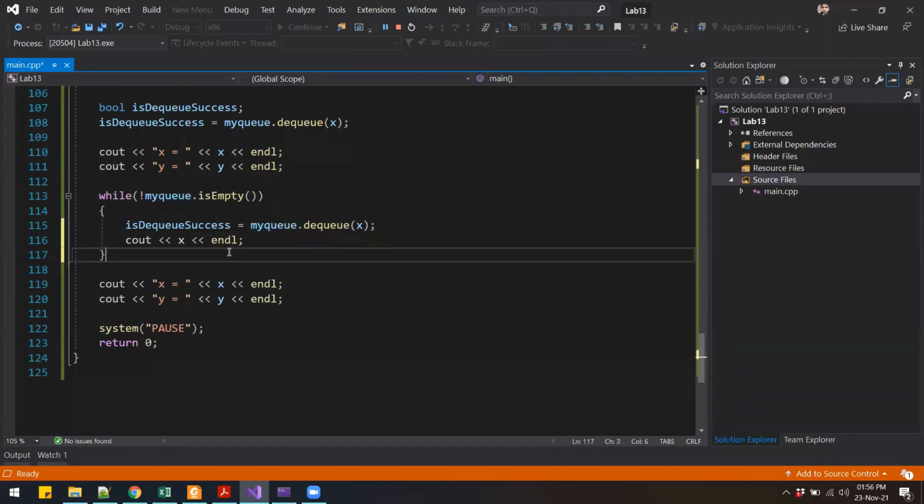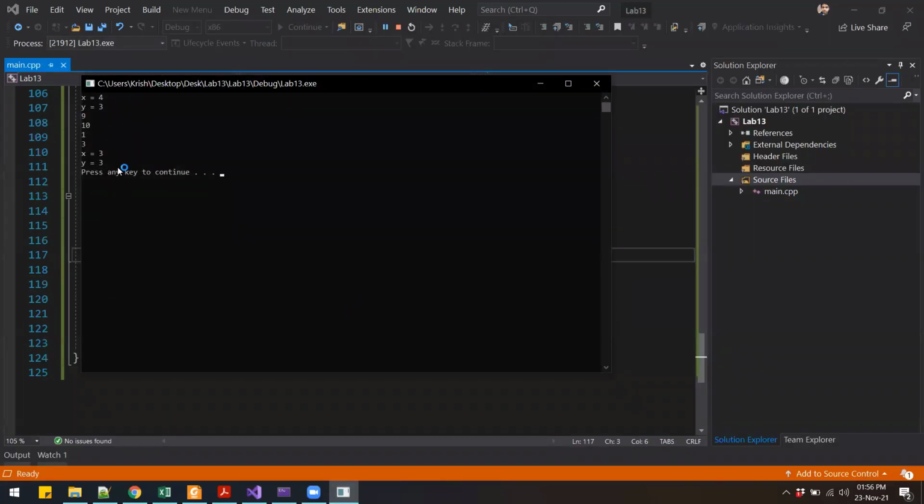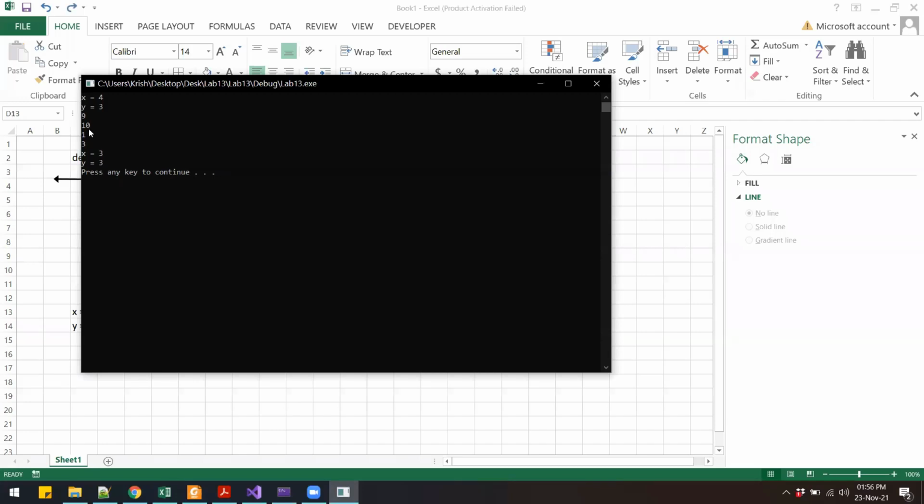All right. So now when I run this, stop the code and run once again. Right. So you will see that we are getting the actual values from the queue. We have 9, 10, 1, and 3. Right. So these are the values that we had initially put onto our queue. So 9, 10, 1, and 3, and that is what we have got over here, right?